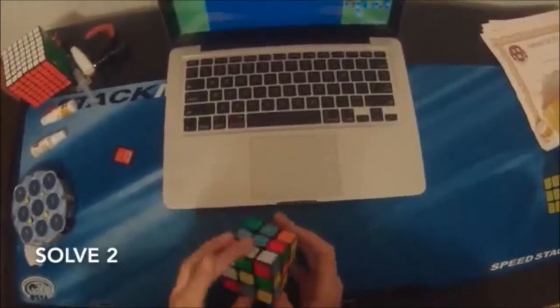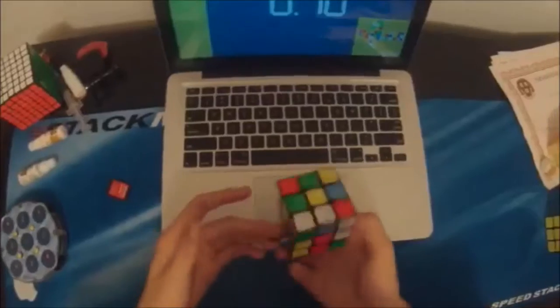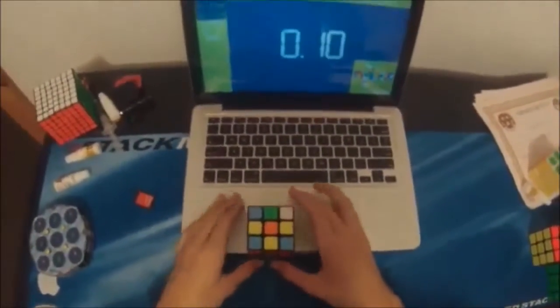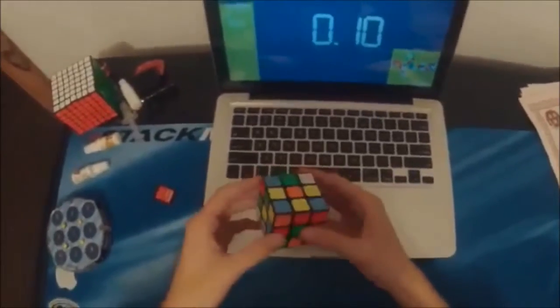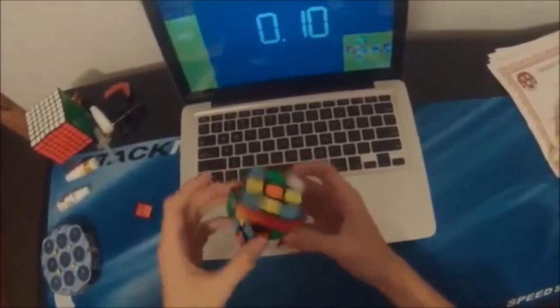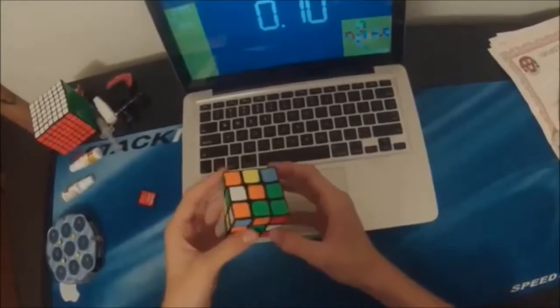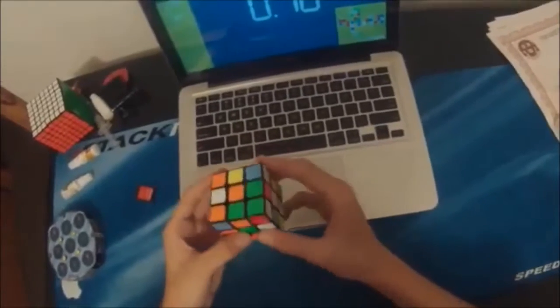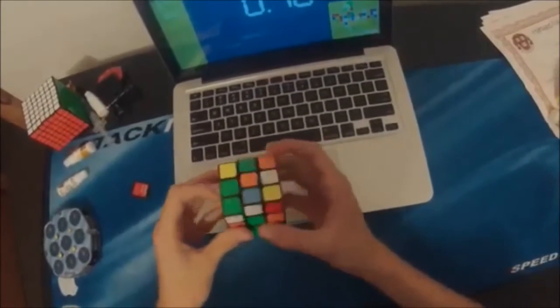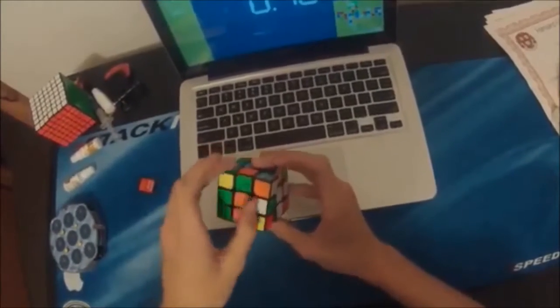Okay, so next one, in this case, I'd go for red. Okay, so I can see my first pair too. Alright, so to solve these two, I would do D and go like that. And now, instead of just doing this, I see that this corner goes with this, so now I'm going to solve them like that. And now they're lined up. So when I solve those, it's also going to line up these two,